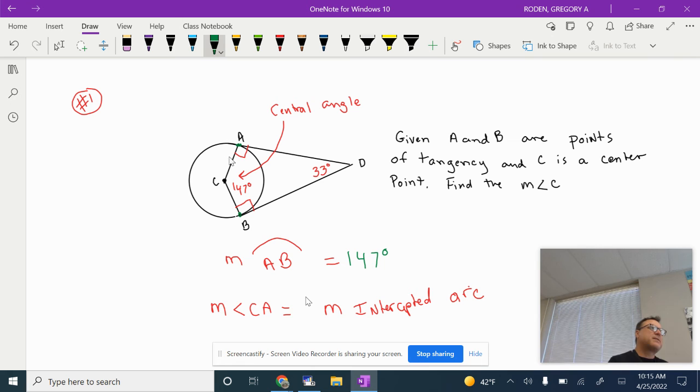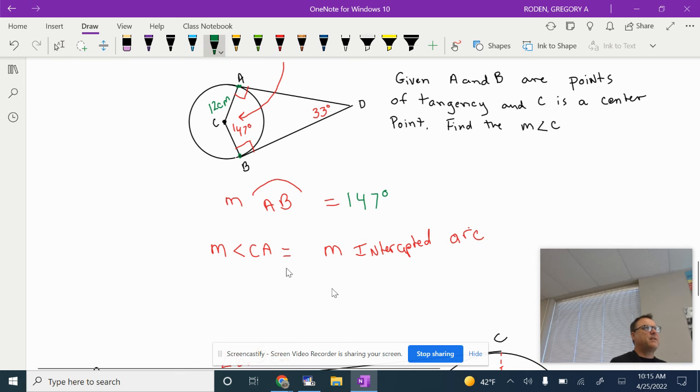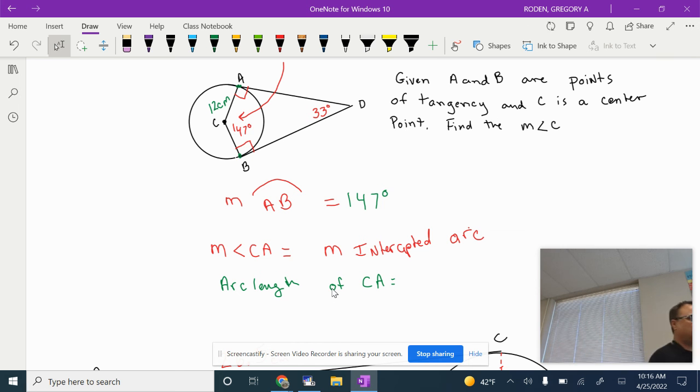So now I'm going to add one piece of information here. I'm going to say that the radius is 12 centimeters long. So now what I need you guys to do is find the arc length. I want to know, what is the arc length of CA? So now this is a good review of arc length that we've already done. Just the formulas. What's the